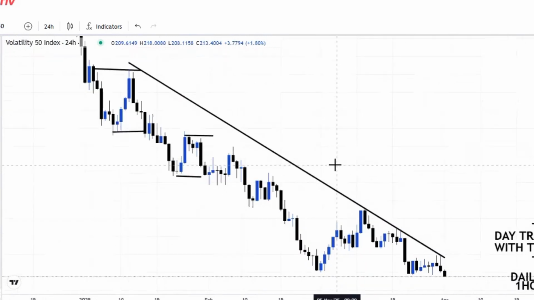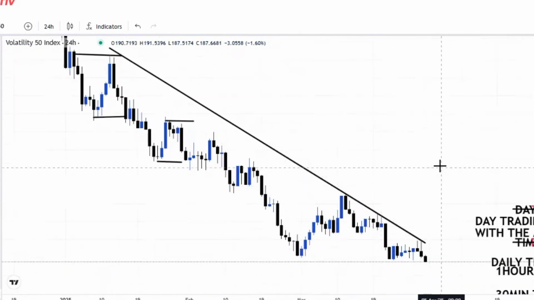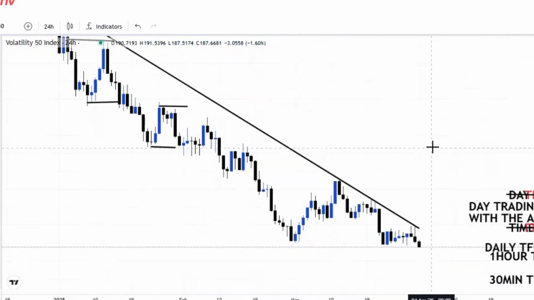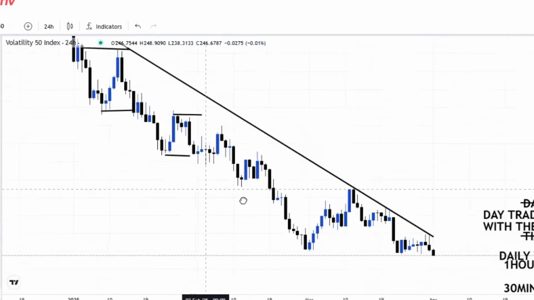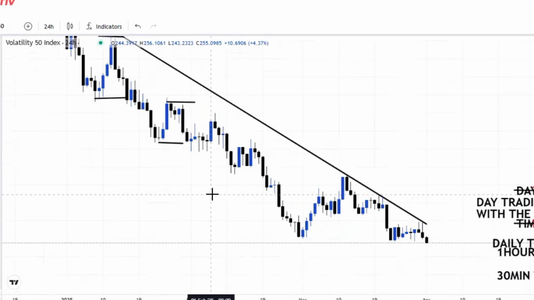So now knowing this, it tells us what to do. Okay, if I can understand what the market is doing on the daily chart, it will give me a clear understanding and a clear picture of what I should be looking for and what I should do, or how do I enter the market. All those things you need to consider. So that is why it's very essential that as a trader you look at the higher time frame to get a bigger picture of the market. Okay, now we have understood that this market is actually going down, so we've known that it's bearish.